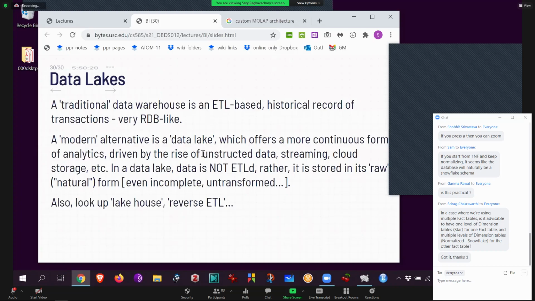Wow. And the reason for that is lots of unstructured data, streaming data, cloud storage, all of these. These things all together make it possible to not have to do traditional ETL anymore. People think this is too slow. Like my business is basically already screwed. If you tell me what happened 6 months ago, I don't need to know it. I need to know it ongoing, constantly. So that kind of product is called a data lake, okay?